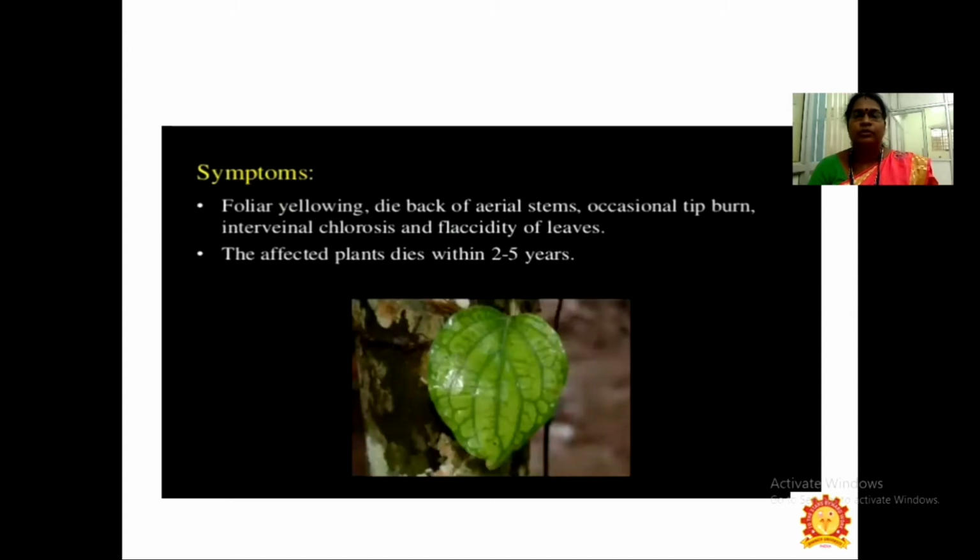The next disease is slow decline. The symptoms of slow decline are foliar yellowing, dieback of aerial stems, occasional tip burns, interveinal chlorosis, and flaccidity of leaves. The affected plants die within 2 to 5 years.